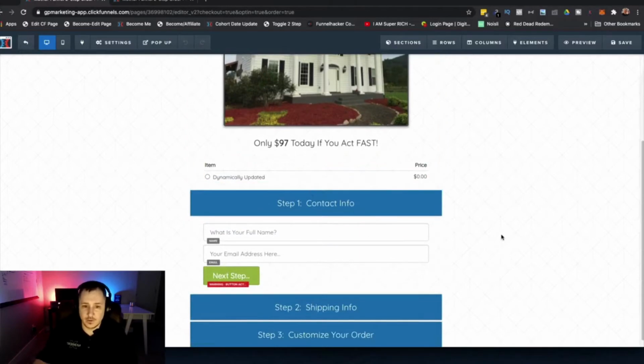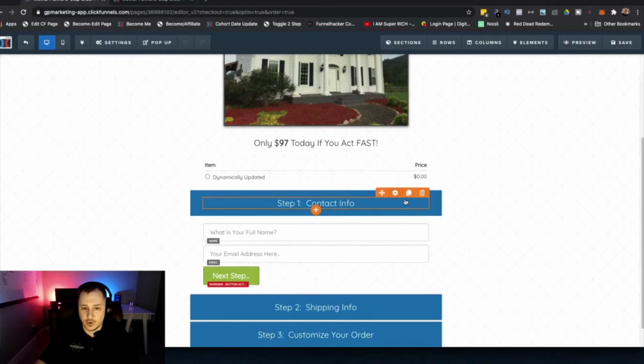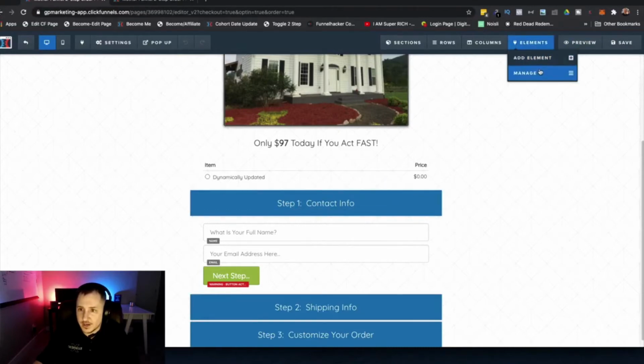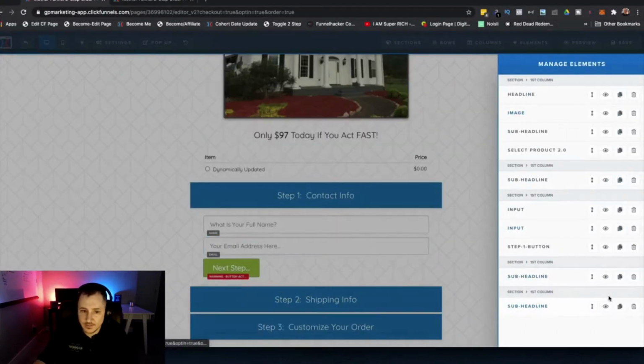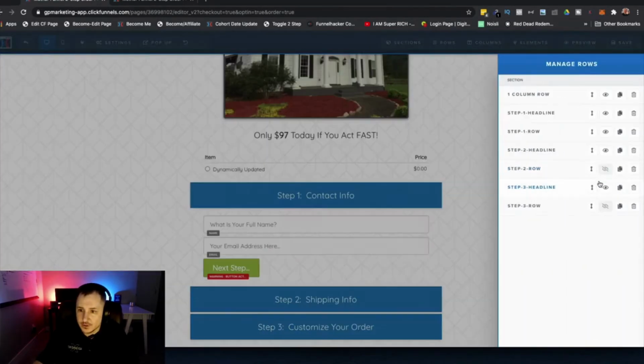All right, so the next thing, this is where things are going to start, I don't want to say they're going to get complicated. This is just where things are going to start running into that configuration phase for this add-on, for the three-step add-on. Okay, so we're going to have different rows. Let me do this. I'm actually going to hide this. Oops, wrong one. I'm going to hide rows. We're going to hide this one, I think it is.